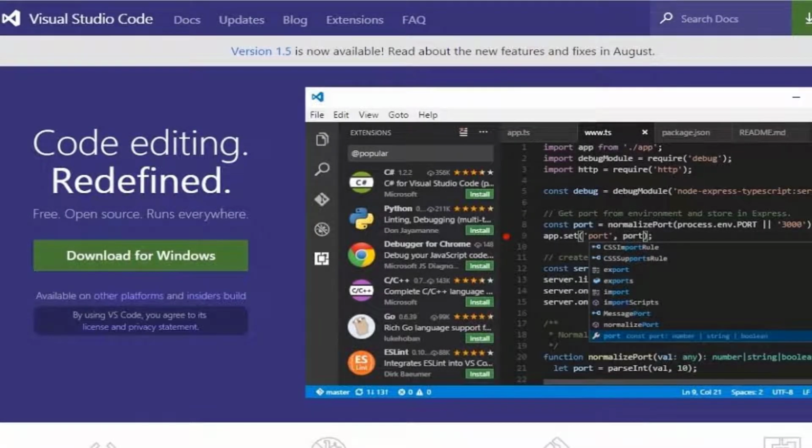Hey everyone, welcome to my video on how to download Visual Studio Code for Windows 10. I will be showing you step by step how to download and then configure Visual Studio Code for my video